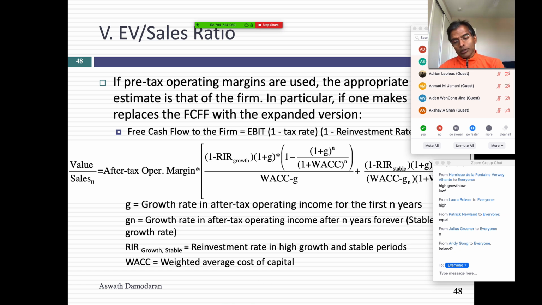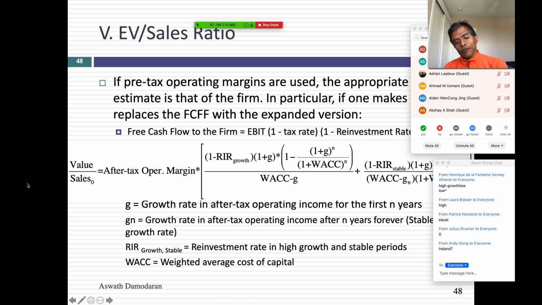I'm going to do one final multiple and then we'll close the books on this part of the pricing process. I want to look at what multiple of revenues companies trade at, because this has become a widely used multiple, especially in sectors where companies lose money. So to look at EV to sales, I did exactly the same process. I went back to DCF model and an enterprise value model. I did the algebra and ended up with an equation.